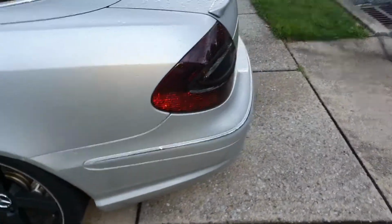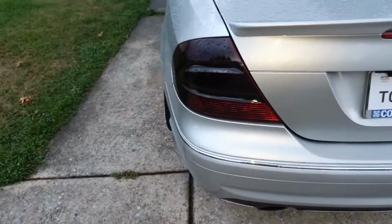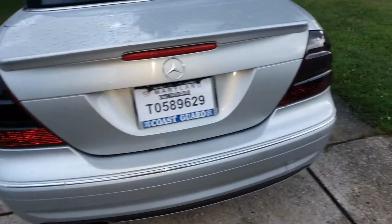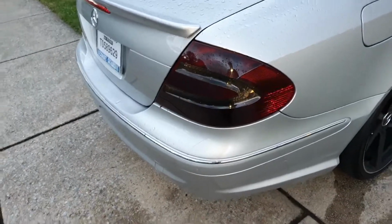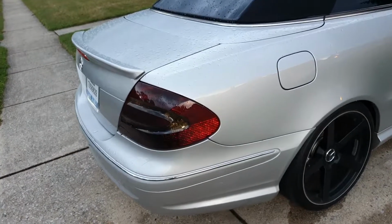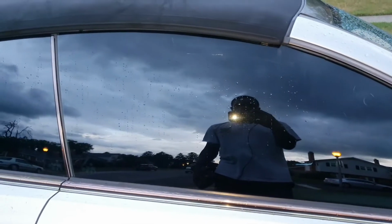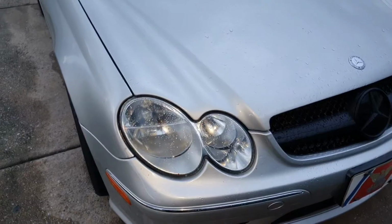Now for the taillights, I have 2 clear ones coming. I'm not going to do the same thing on these because I'm thinking I'm going to want to keep these, so when we're done doing what we're doing, we're going to go ahead and put those back on. All right, so the next thing we're going to tackle is the front tints. And like I said, guys, I wish I could keep those, but